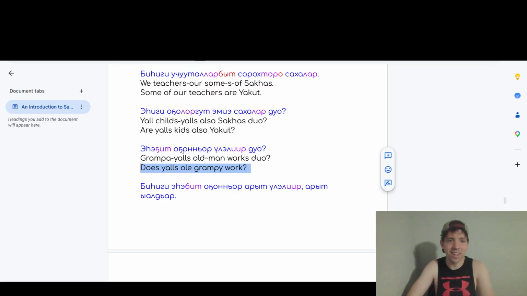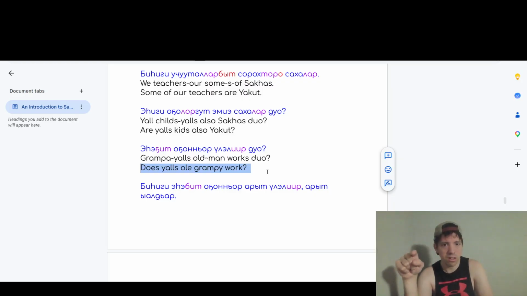Oh yeah, because it's like y'all's grandpa and an old man works? And so I was like, how would I translate that? Y'all's old grandpa. The man who translated the original textbook just put question marks for this exact sentence in the key for his translations, like he didn't get it. But as far as I understand, it's something like old gramps, old grampy, old grandpa. He's an old man and he's a grandpa.